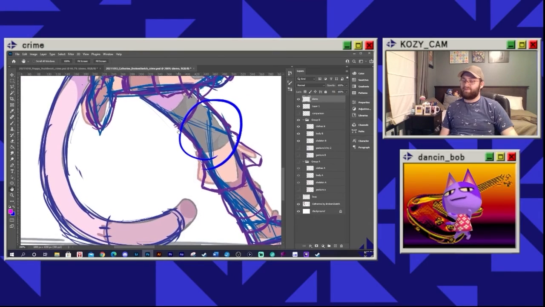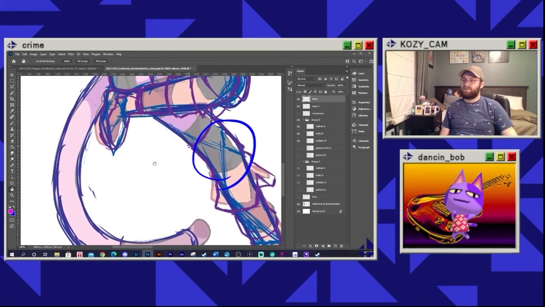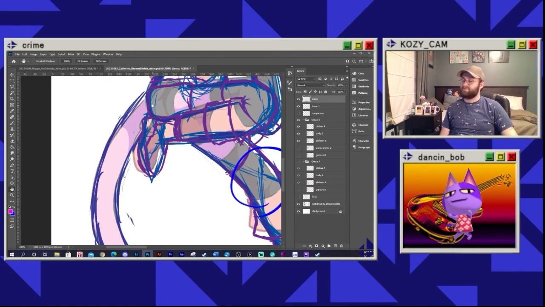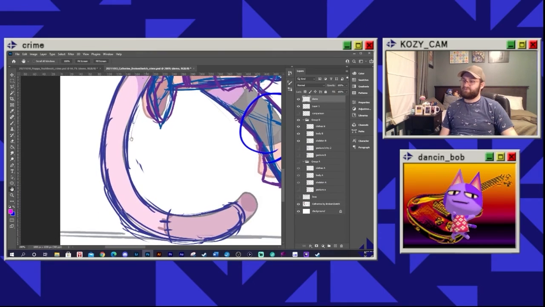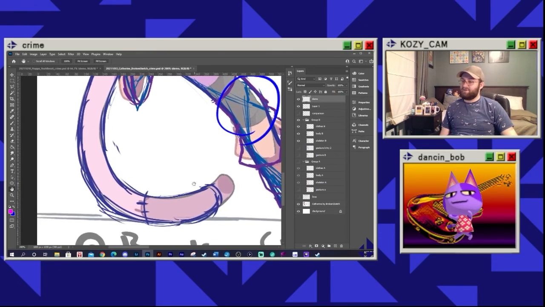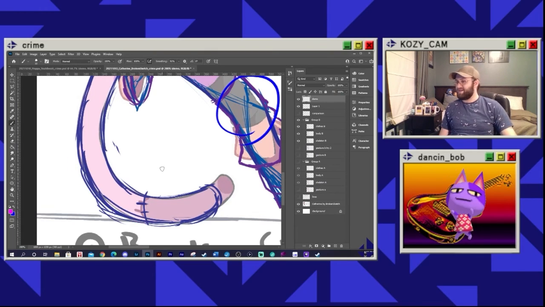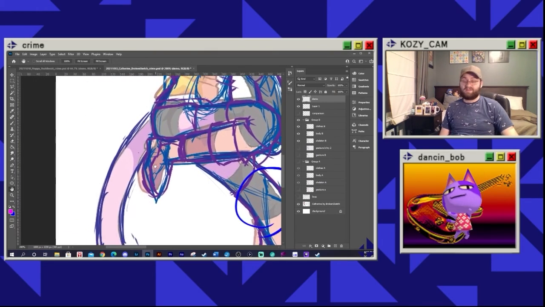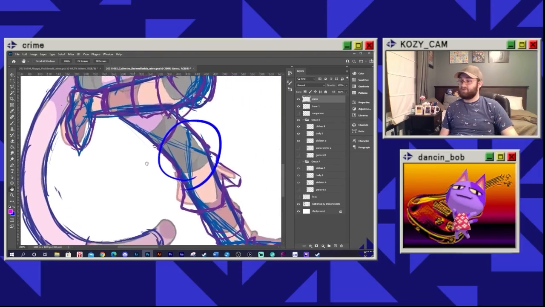Somehow I nailed the tail. How did I do that? Like, look, that's almost perfect. That is like 90%. I mean, I know it's just a lot of, like, but still, I got the curve pretty good. I swear, I got the curve pretty good. Alright, case closed on Norg.